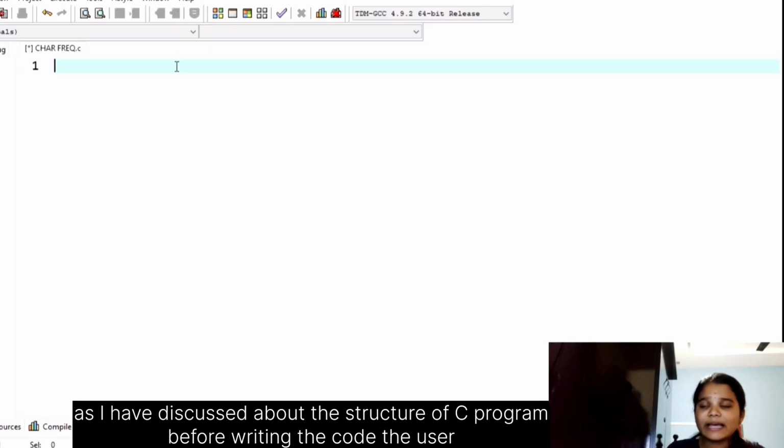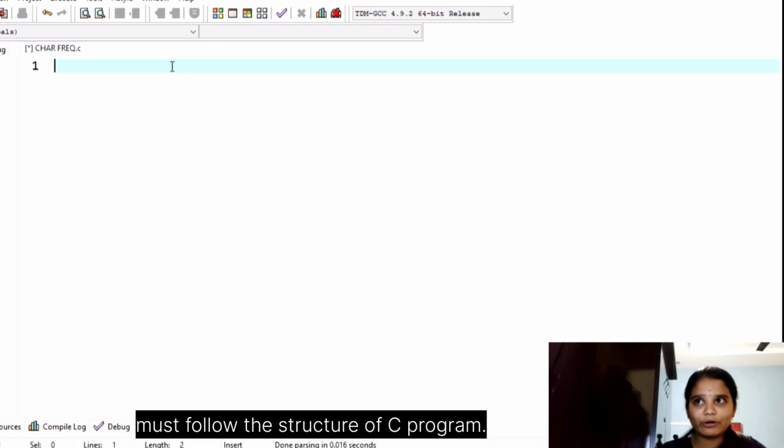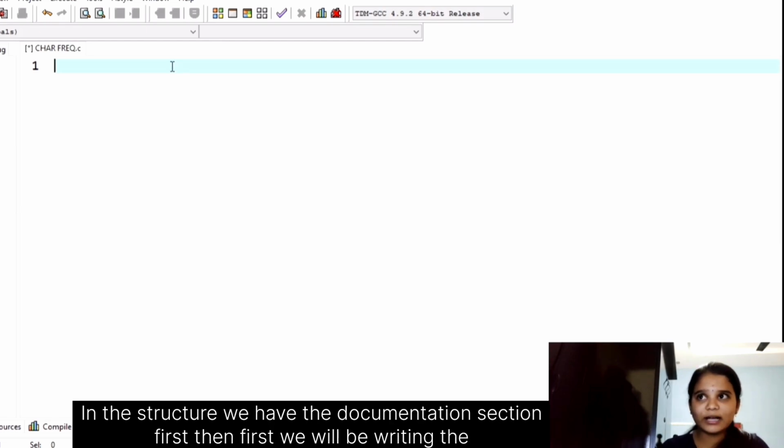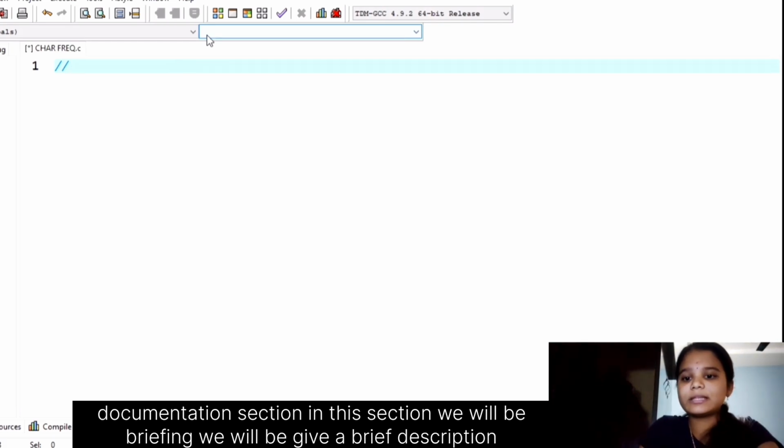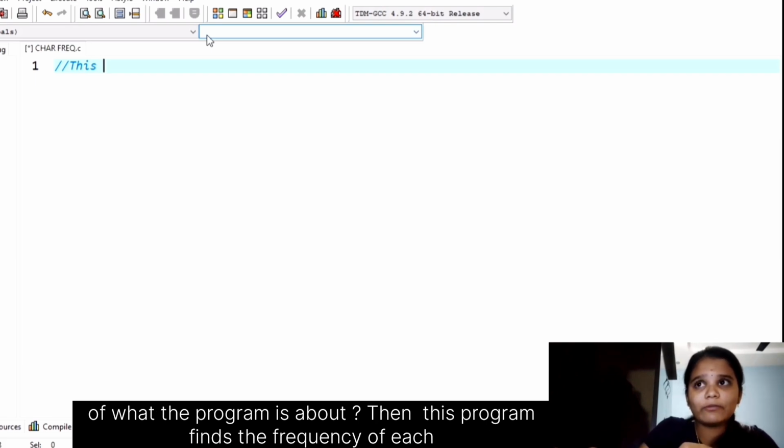As I have discussed about the structure of C program, before writing the code, the user must follow the structure of C program. In the structure, we have the documentation section first. In this section, we'll give a brief description of what the program is about.